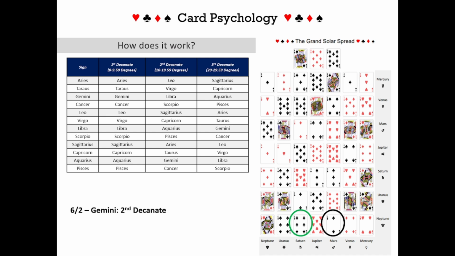Now again, the decanate ruler has a full 13 card life path. Mercury, Venus, Mars, Jupiter, Saturn, Uranus, Neptune, Pluto, Result, Jack, Queen, King. That's the stuff that you have to get used to. It's interesting, like Mercury, Venus, Mars, Jupiter. Eight of Diamonds in Jupiter is amazing. And it took me a while to realize that